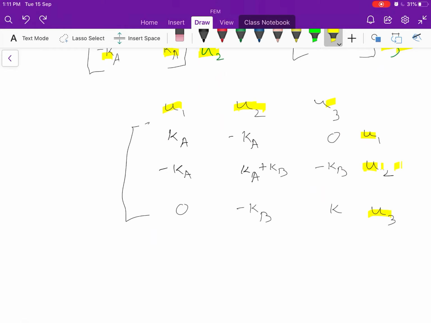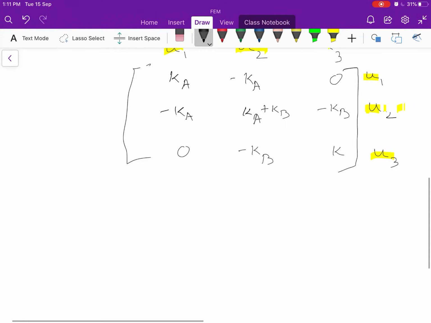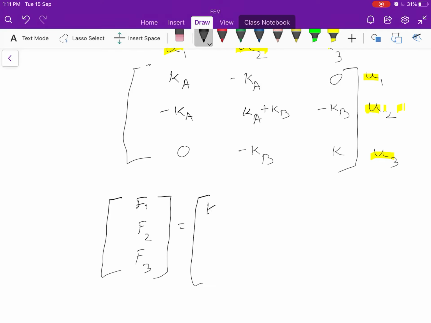So now we are in a position to write down the equation connecting nodal forces and nodal displacements at a global scale for the system that we have considered here, and that would be F1, F2, F3 equal to Ka, minus Ka, 0, minus Ka, plus Kb, minus Kb, 0, minus Kb,